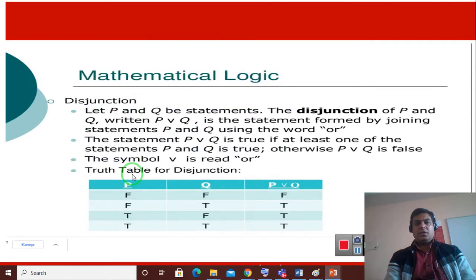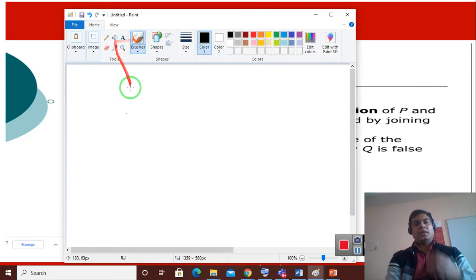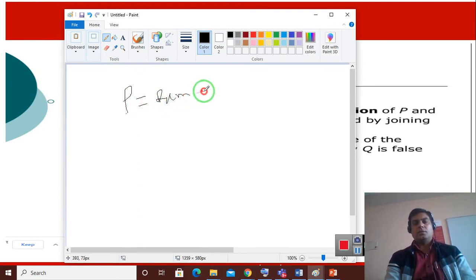Now we will discuss disjunction. Disjunction means two sentences connected with OR. How can we connect the sentences with OR? For example, suppose P is the sentence Ram is rich. The second sentence, Q, is Ram is great.